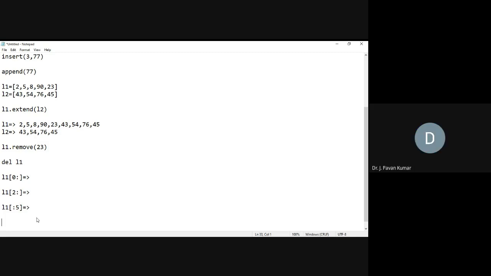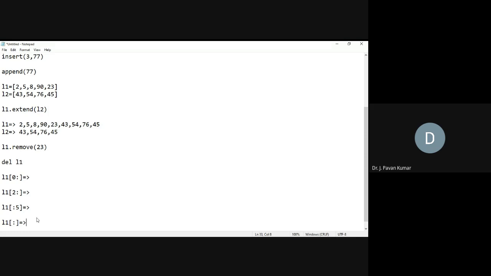Next, now you check some of the other possibilities, like we have L1. If I specify it like this, will it allow or not? That means a combination. We could leave the second index, we could leave the first index as well. Suppose I leave both the indexes, then what will it do?